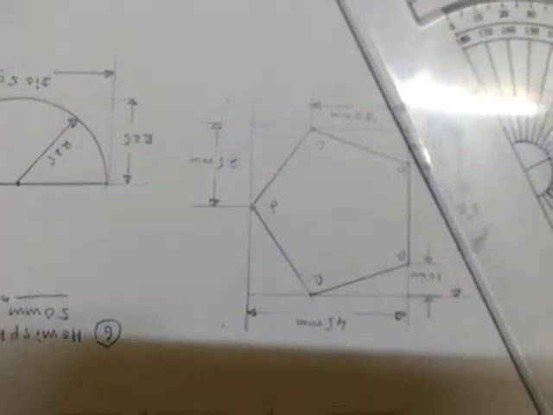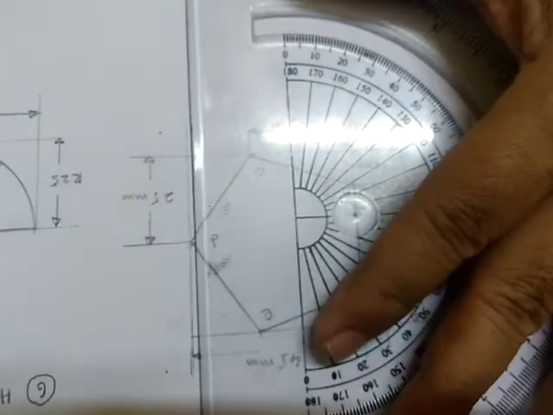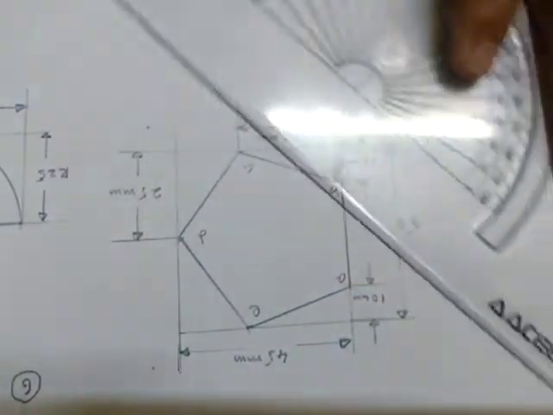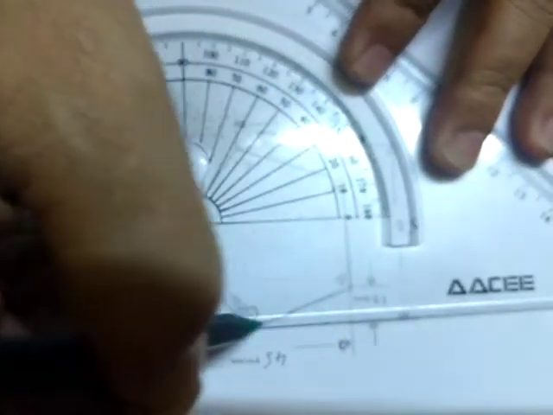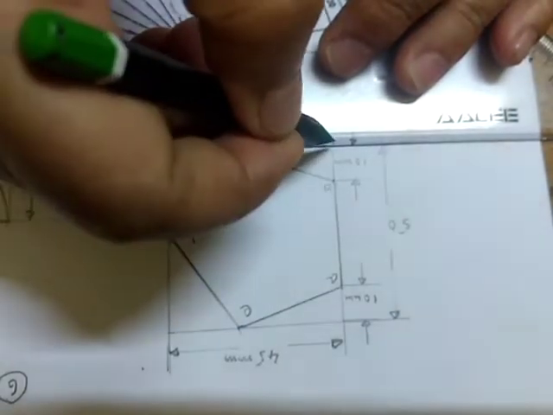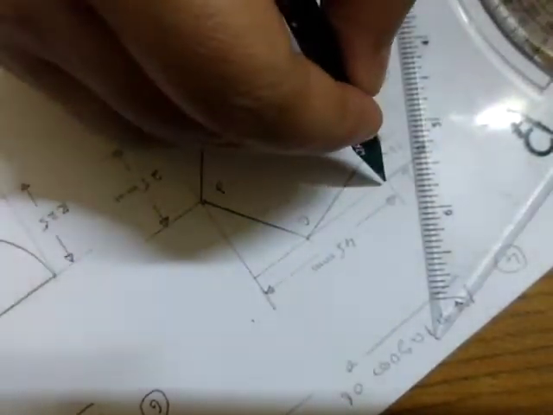This pentagon you should again enclose in a block. This AB side I will extend like this. Similarly, from D also I will drop the vertical projector. Next, from E I will draw a horizontal line, and from C I will draw a horizontal line. So now I am getting a block, and within this block my pentagon will be there.